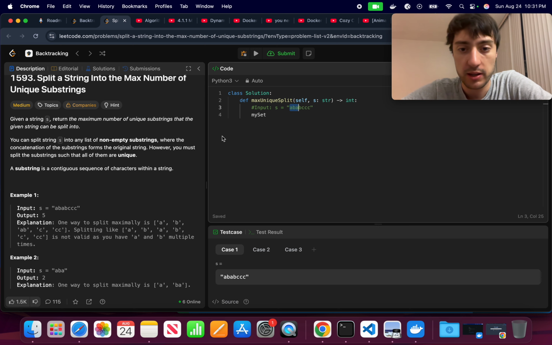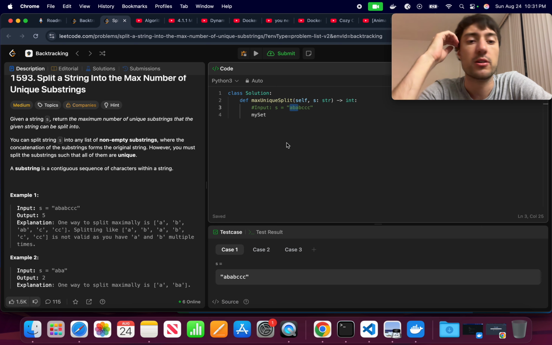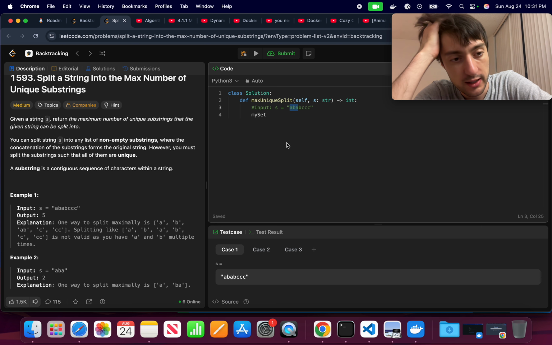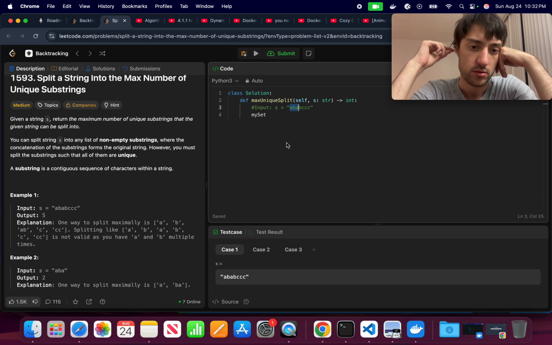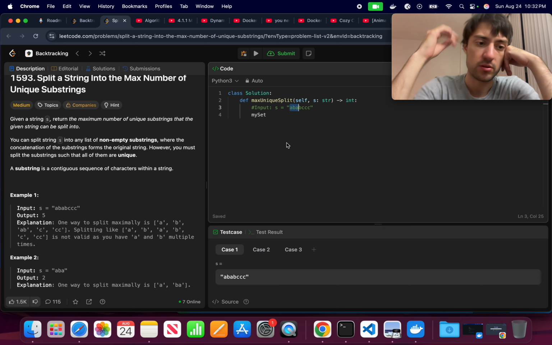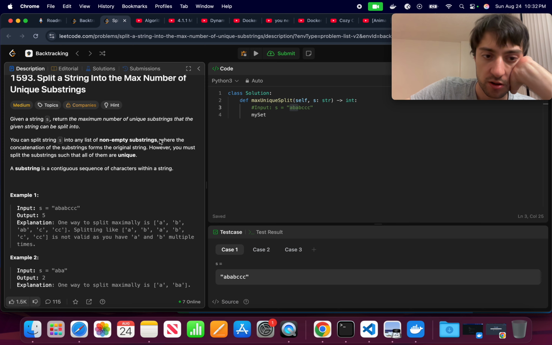Okay, the ABA is a non-empty substring, where the concatenation just means putting them together, of the substrings form the original string. However, you must, okay, so I think this is the condition that is not met, but let's see,